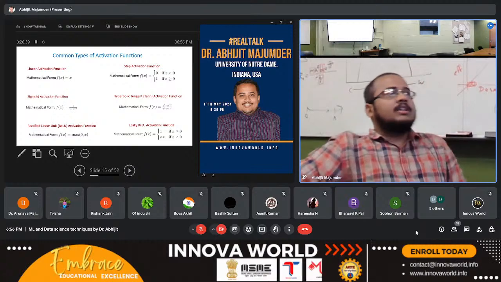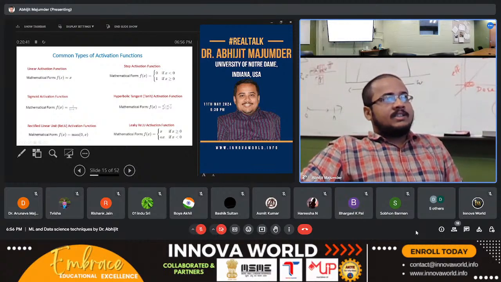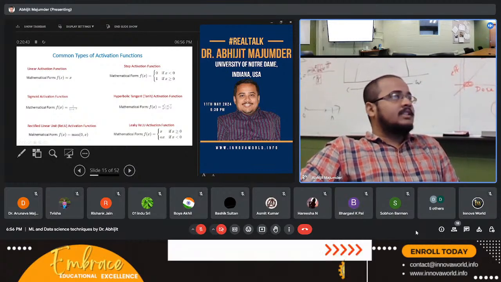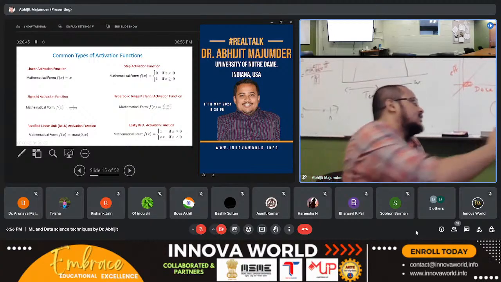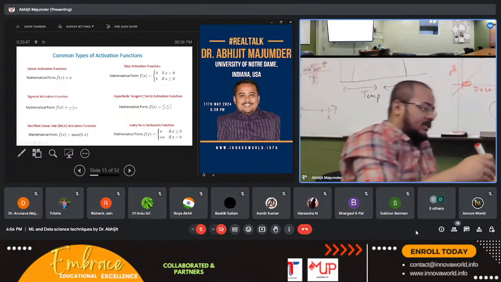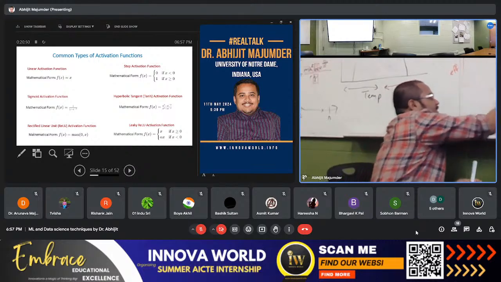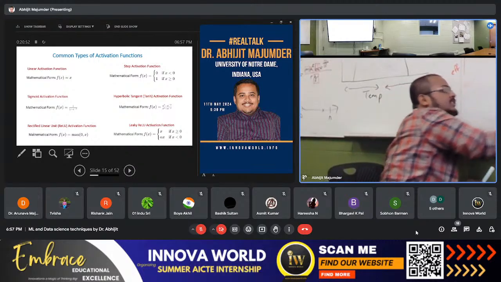And this is called the hyperbolic activation function. This activation function has range 0 to 1. And this tanh has range